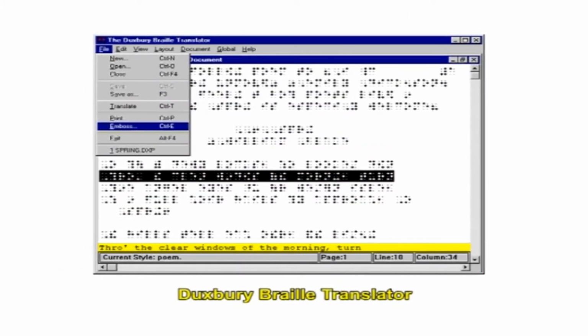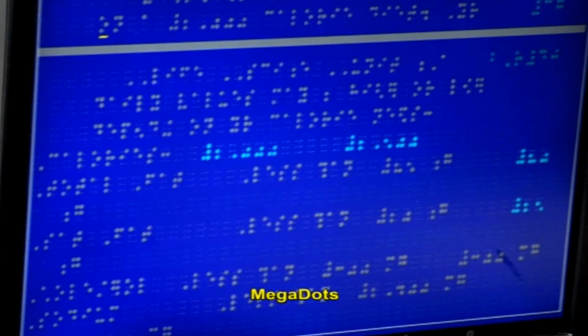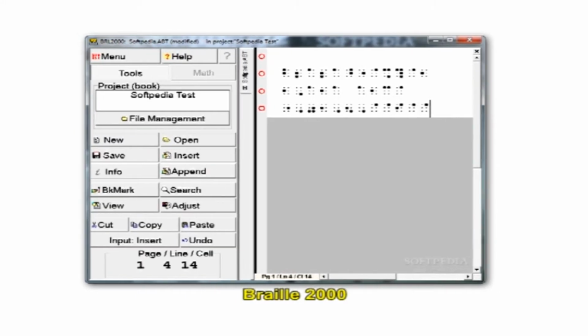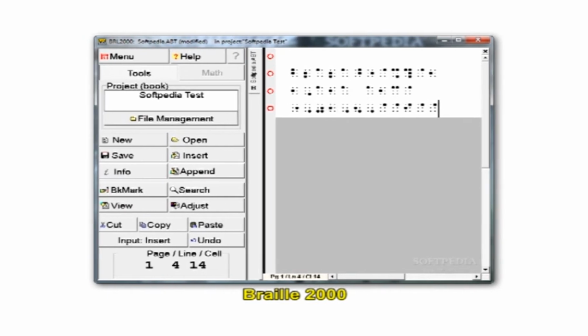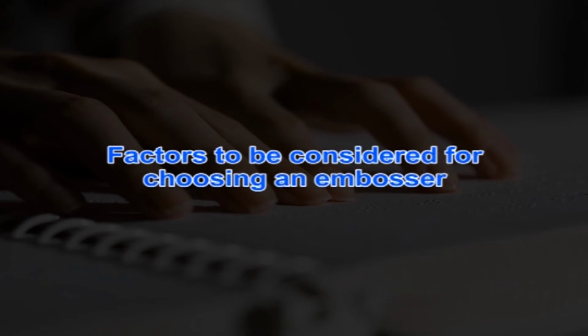Commonly used products include Duxbury Braille Translator, Megadots, and Braille 2000. Open source Braille translation programs include NFB Trans or LibLouis. Specific applications provide support for a wide array of electronic document formats that may include ASCII, RTF, MS Word, WordPerfect, PDF, HTML, and XML, as well as the files prepared according to NIMAS textbook or DAISY digital talking book standards. Some products also support math equation formats such as LaTeX, MathType, or MathML.